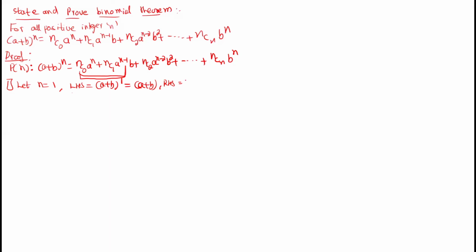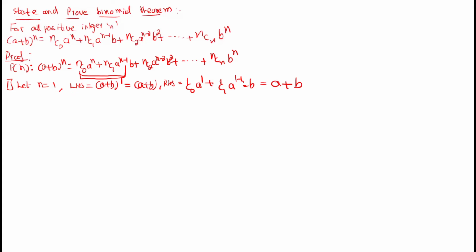That means you can get 1C0 into a power 1 plus 1C1 into a power 1 minus 1 into b. If you simplify this one, 1C0 value is 1, 1 into a is a, and 1C1 value is 1, a power 1 minus 1 is 0, that is 1 into b, so that I can get